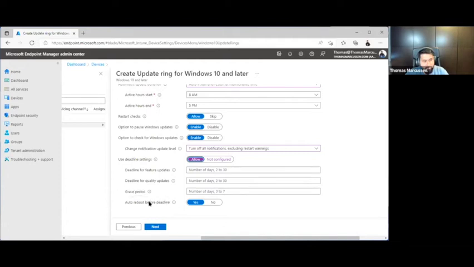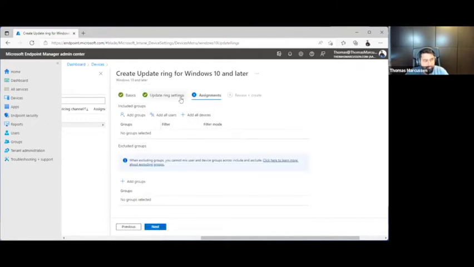Another awesome feature is reboot before deadline. It can help you increase the success rate and clean out if you have any users that never reboot their device, never shut it off, or always hibernate. It is a good client hygiene process to have it rebooted once in a while. Not that your Windows Update should be the driver of that. You could implement other solutions to handle such a thing, but it is possible here as well.